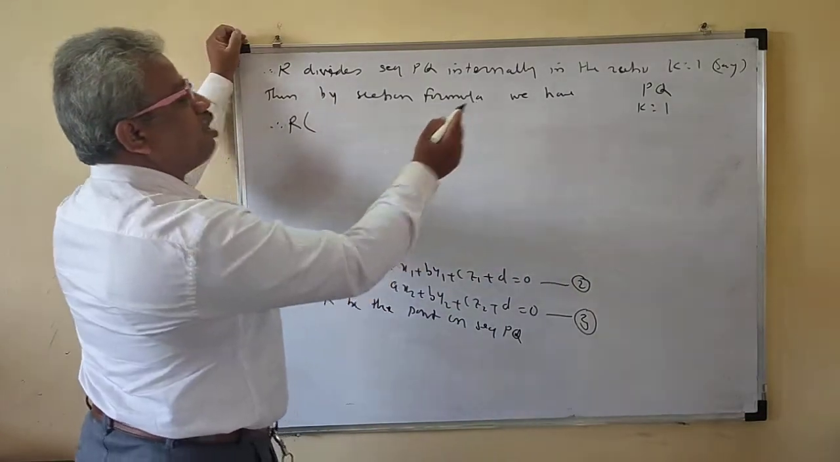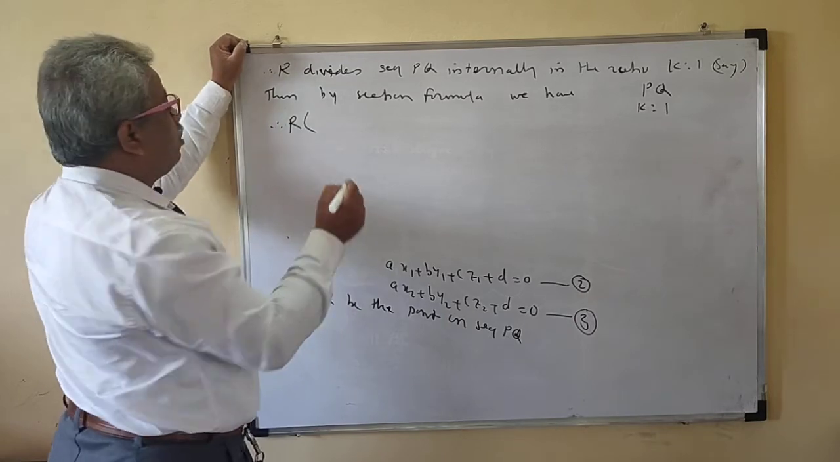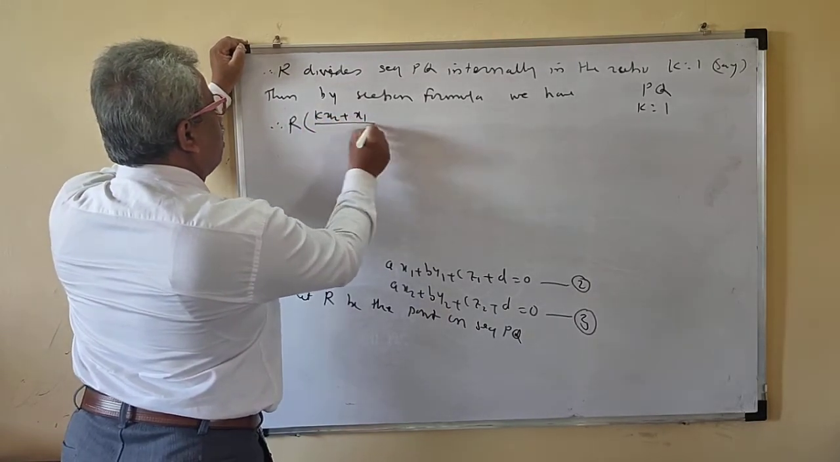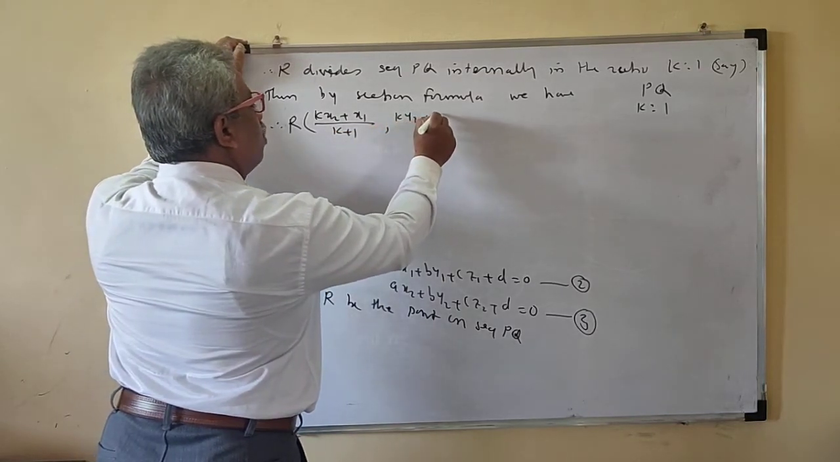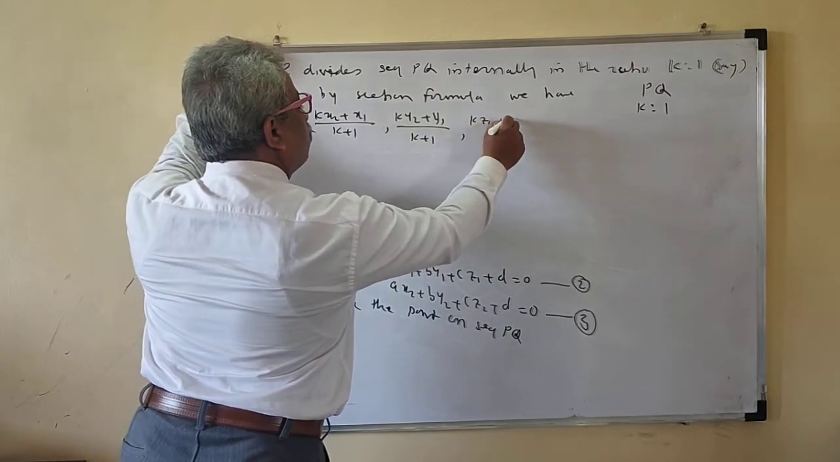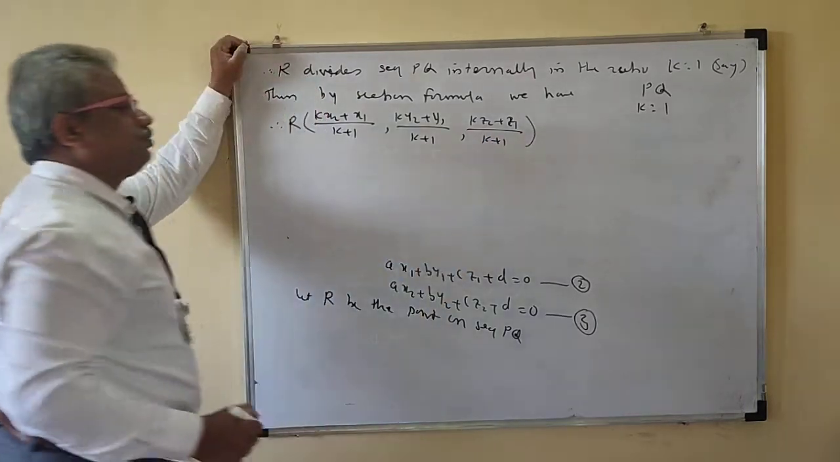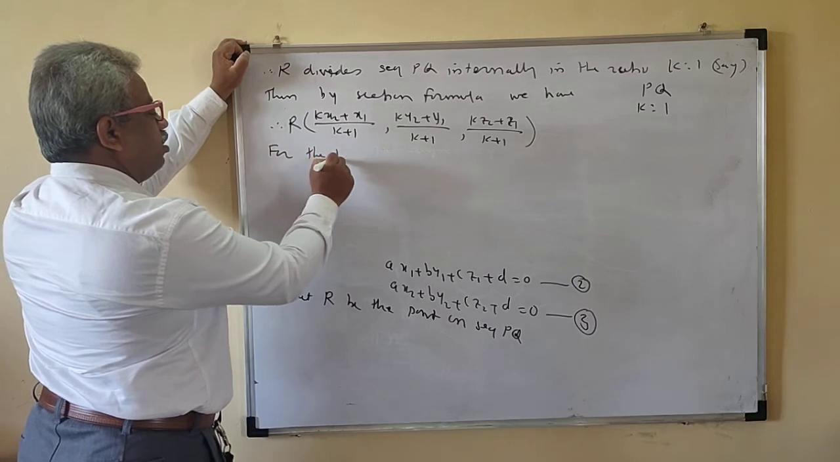What here? You have to multiply by k to Q. Q is your x2, y2, z2. So the point R is (k x2 plus x1) upon (k plus 1), (k y2 plus y1) upon (k plus 1), (k z2 plus z1) upon (k plus 1). Okay, so for this R,